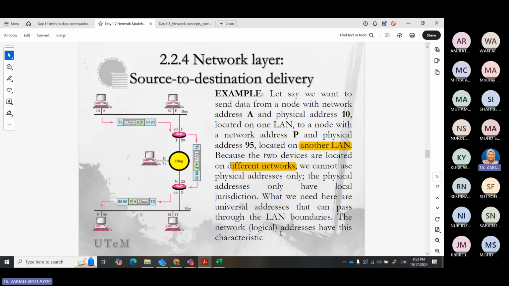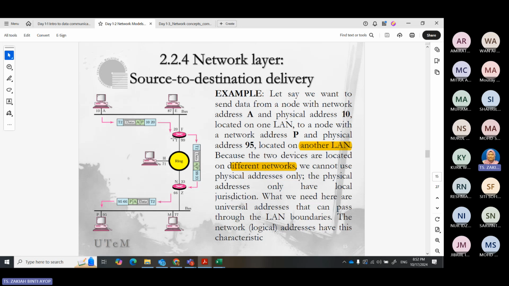Here we use a network logical address, so here we use P. And because this is a different network, the MAC address would be different. It's not 10 and 95, because this consists of several networks that we need to pass through, and we need to go out from the gateway. So here is 20, so you need to place it as 20.